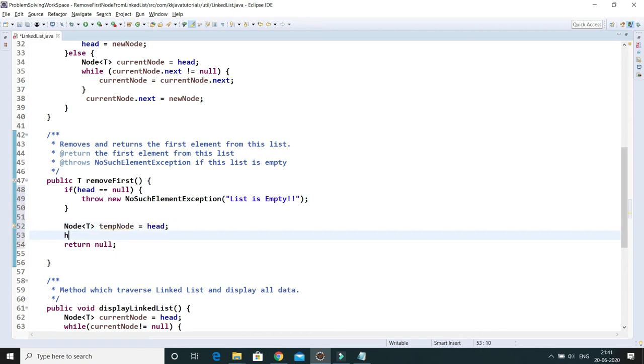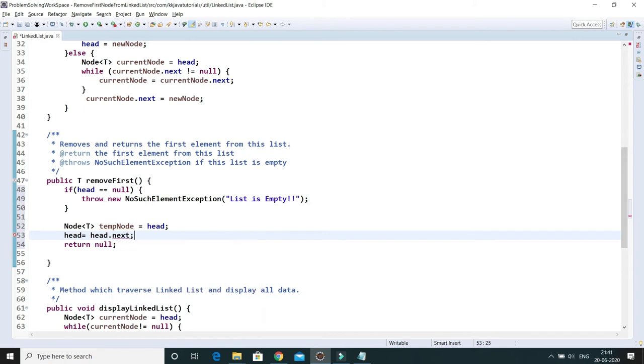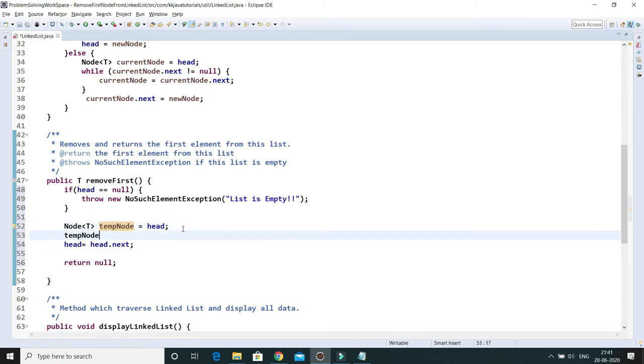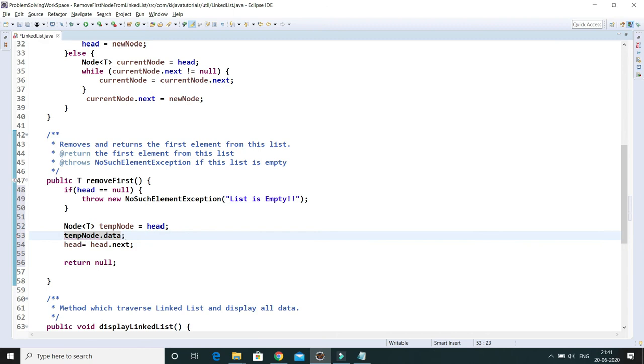So I do head equals head dot next, so that head will point to the next node, or you can say the second node in the linked list. Now let's also extract data from this node, which I finally have to return as well. Whichever node is removed from the linked list, that node's value I have to return. So this is the result, and this result I have to return.